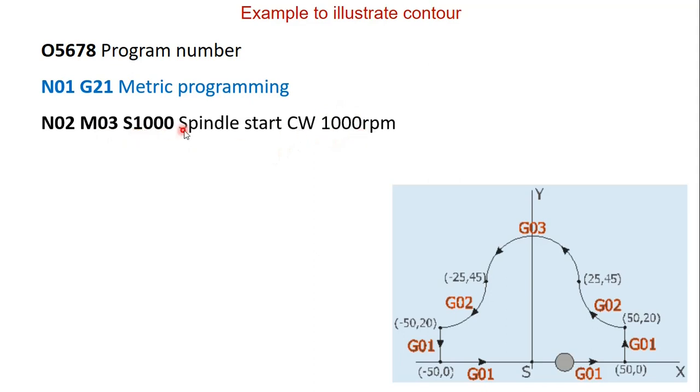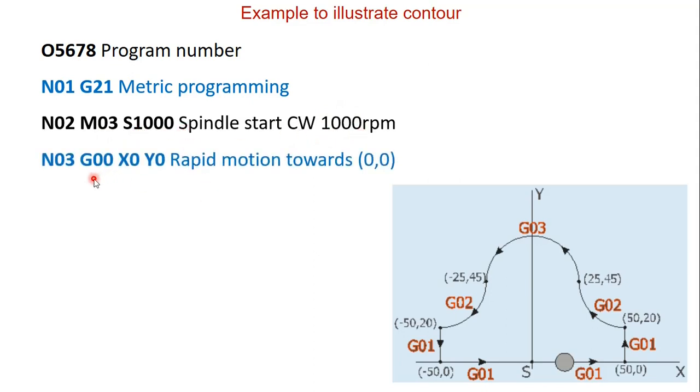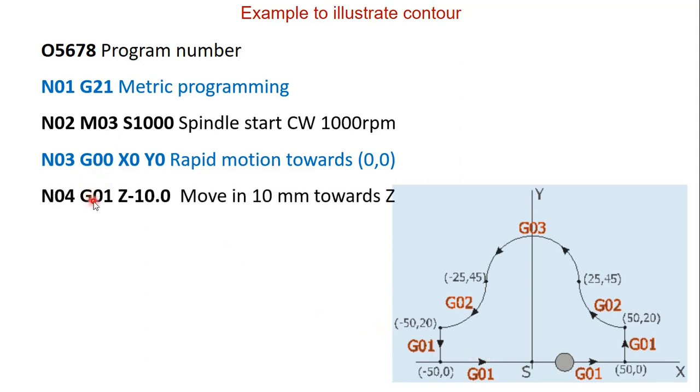Okay, then the tool moves rapidly, G00 is nothing but a rapid operation, then X and Y are the coordinates of this point. So let's say the tool is somewhere, so it has to rapidly move and reach 0,0, that S position. Once it reaches here, it is in rapid operation. We don't want any milling operation in between. Then we go in a linear motion to a depth of Z minus 10. So the tool will be here, at minus 10. Then from there the actual face milling operation will start.